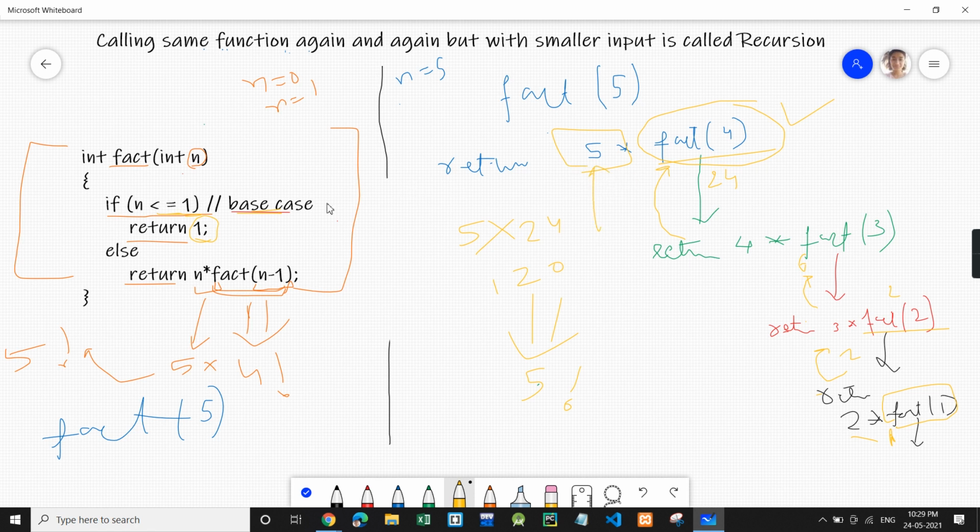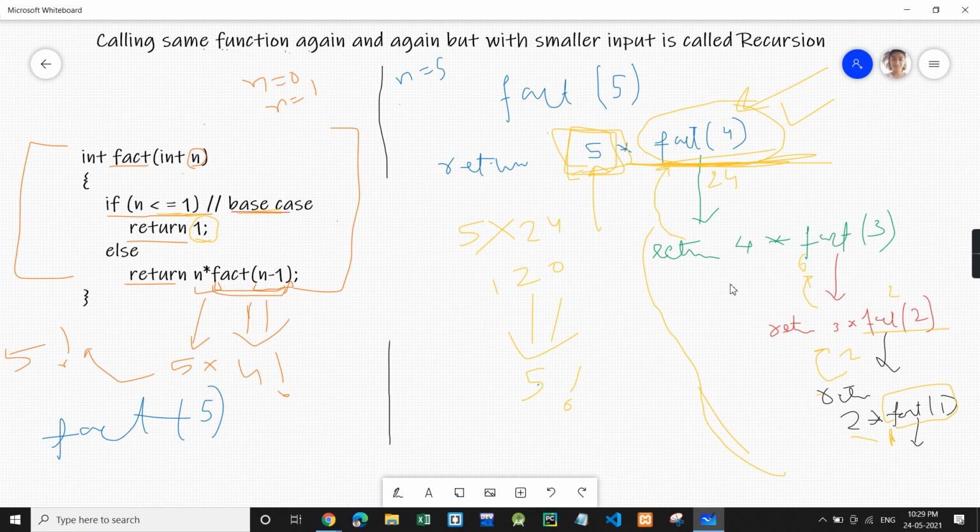Just these things: the base case, the recursive call, and the small work. Every time we will not always draw these computations and recursive calls. We'll just trust that recursion will give us our answer, we need to do the work, and we will return. That's all.